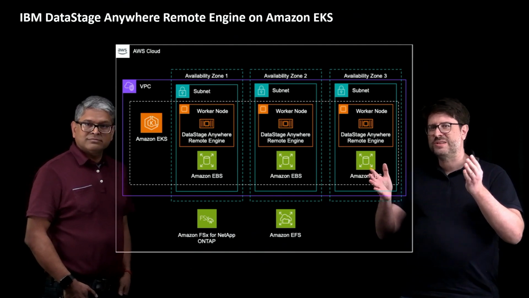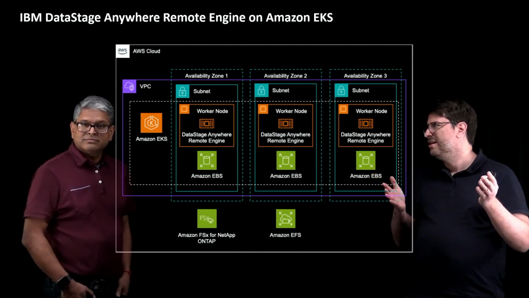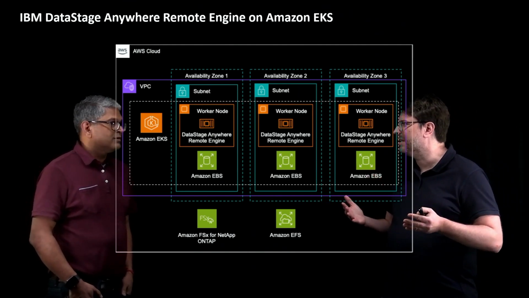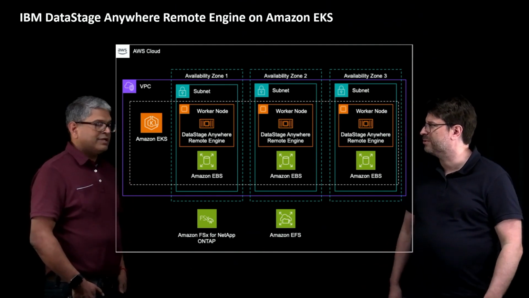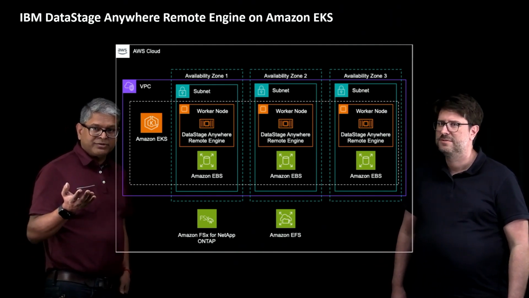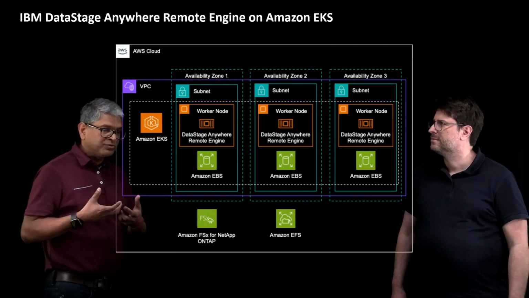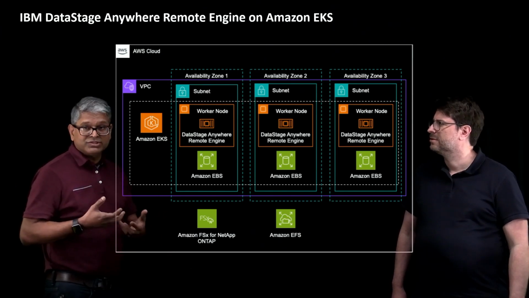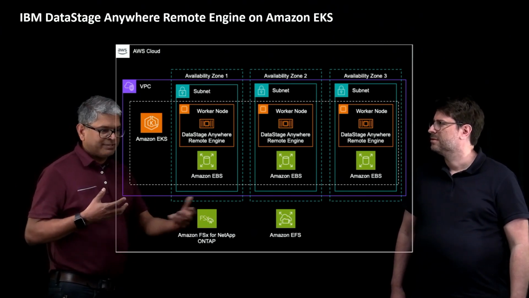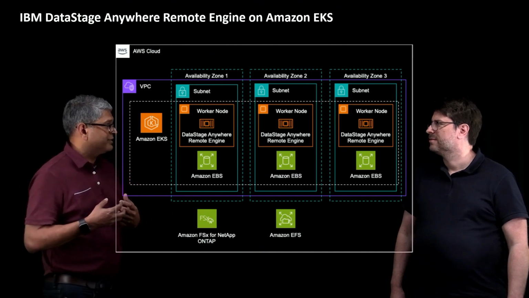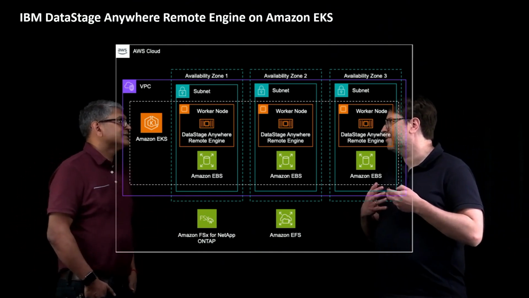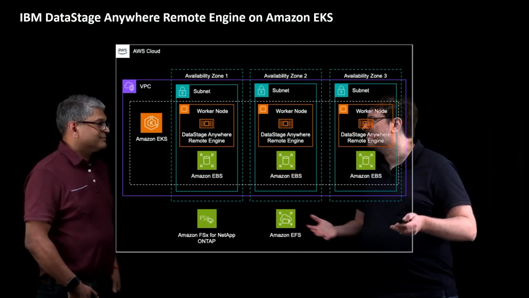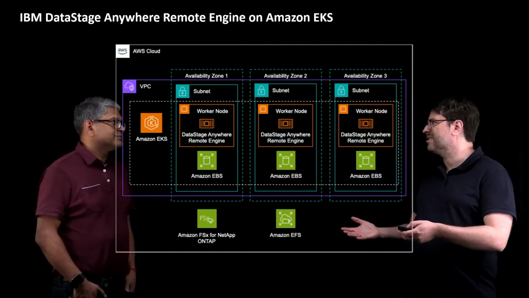Now, in this example, we see a worker node per AZ, but you could actually scale that depending on the number of jobs and the volume of data that you need to run the ETL jobs, right? Absolutely. You can have a one node remote engine, or you can have a two worker node remote engine on an availability zone, and maybe a two or a three worker node on another availability zone. So you can take advantage of the scalability of AWS and really elastically scale your workloads